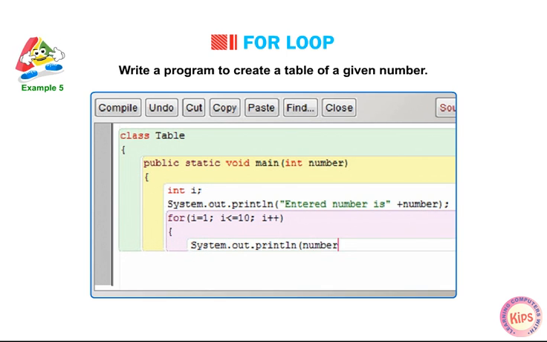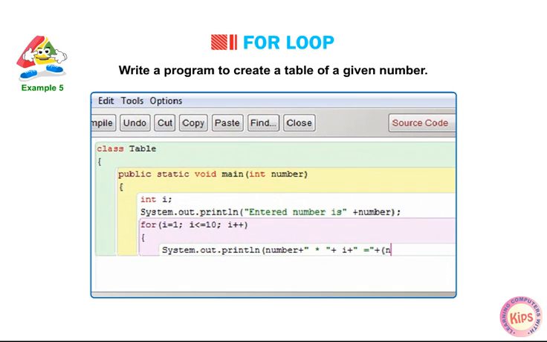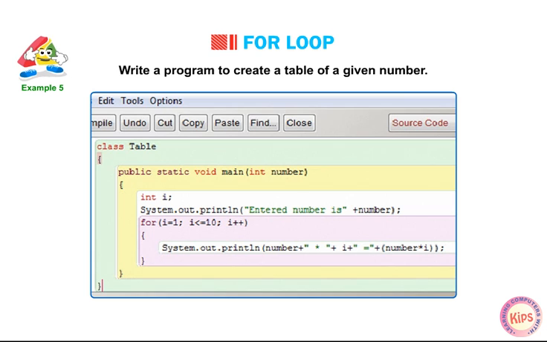System.out.println(number + "*" + i + "=" + (number*i)); } } }